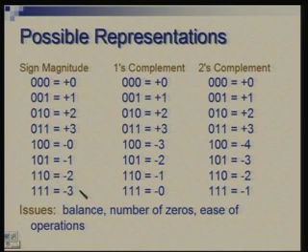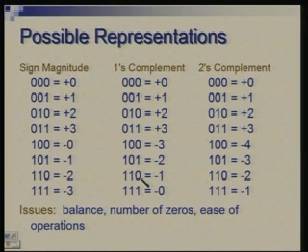Okay. So, the magnitude can range obviously from 0 to 3 with 2 bits kept for the magnitude, and therefore, the range is 0 to 3 on the positive side and minus 0 to minus 3 on the negative side. Interestingly, you would notice that there is a plus 0 and minus 0, of course, which mathematically mean the same thing, but the same 0 magnitude can be prefixed with a positive or negative sign, and there are 2 representations of the same number.